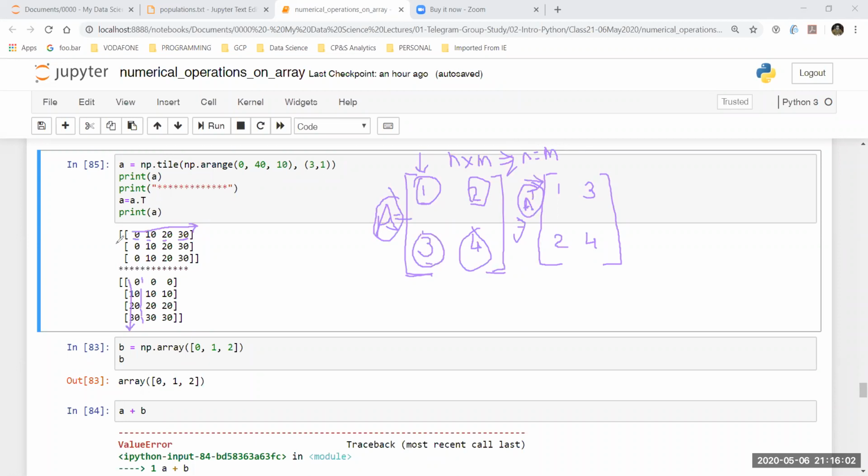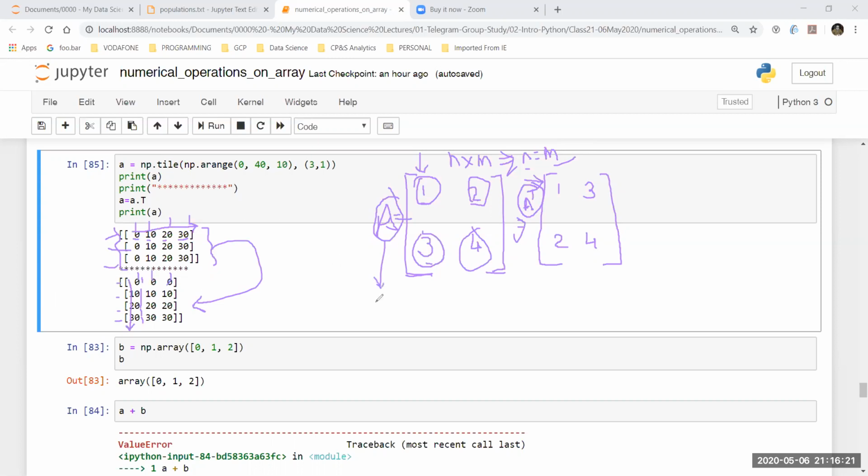But in this case, I don't have an even shape. N is not equal to m. I have 3 rows and I have 4 columns. So 3 cross 4, if it is transposed, is going to become 4 cross 3.